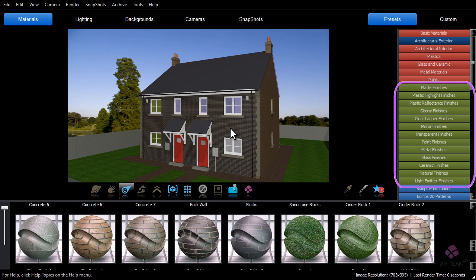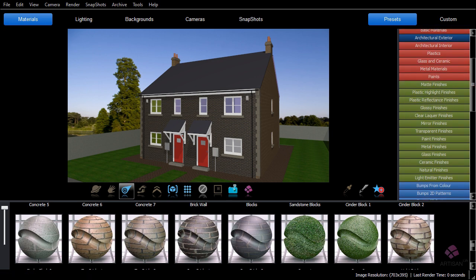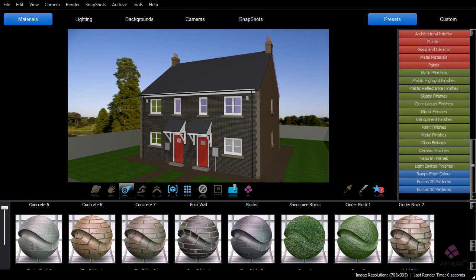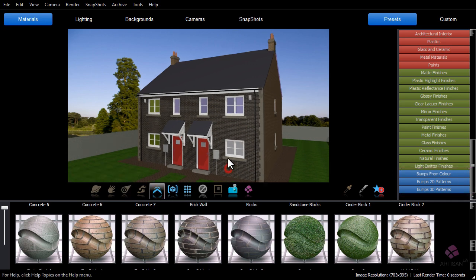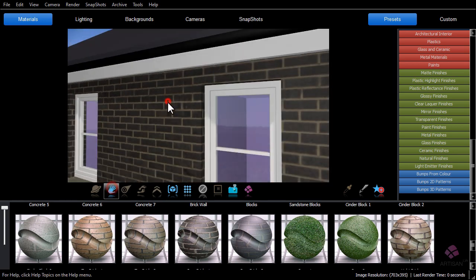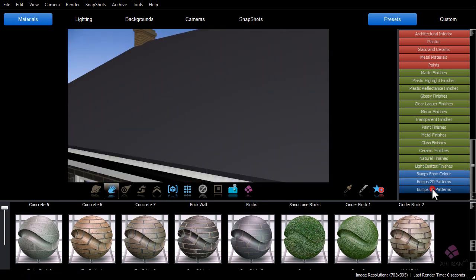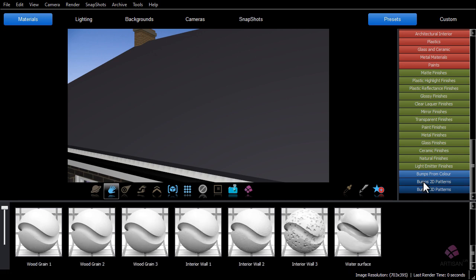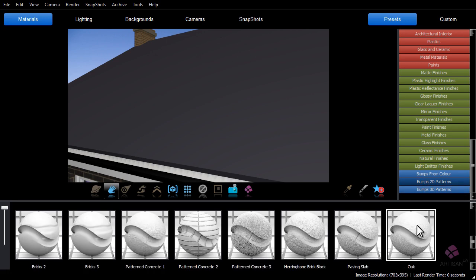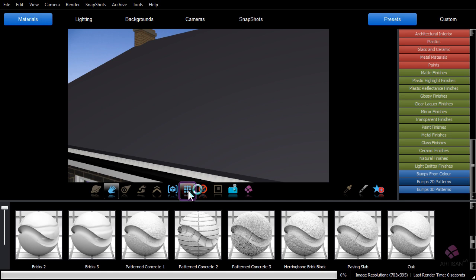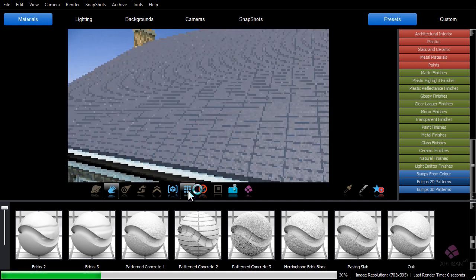Finishes are under the green coloured headings, and these are used on top of the material to create different effects, such as a shiny or dull surface. Bumps are under the blue coloured headings and are used to give the material some depth, such as an even surface or to create gaps between tiles. To see the results of the bumps you have applied, you will need to preview render your model by pressing the Render Scene button on the toolbar next to the navigation controls.